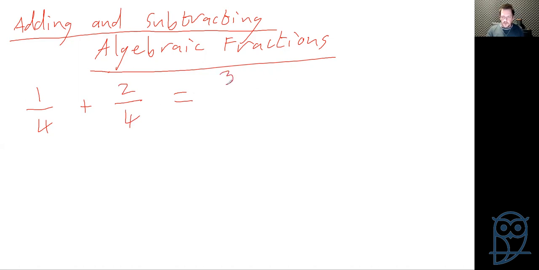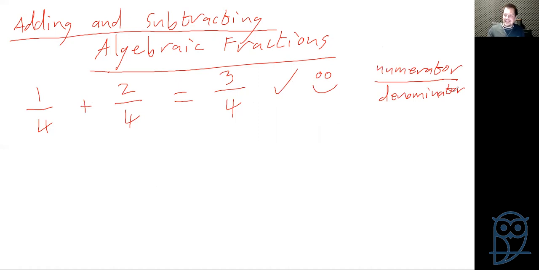All right, and most people have given me the answers of 3 quarters. And that is totally correct because we have passed primary school, which is fantastic. So we know that we have added the tops of our fractions, being a numerator, while keeping the bottom of the fraction being our denominator